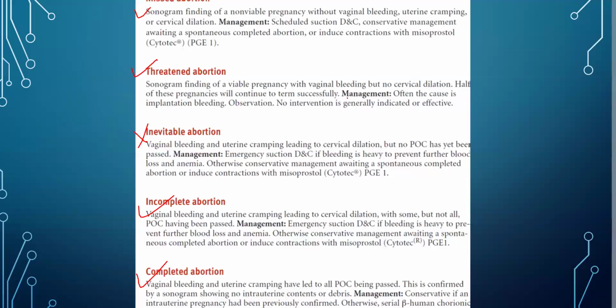So how are we going to manage this patient? So let's say a 10 weeks patient coming to you with a mild per vaginal bleeding for the first time in the pregnancy, cervical os is closed, what will be your next thing? The next thing is that you need to make sure that first the pregnancy is intrauterine, and then if it is intrauterine, is the pregnancy viable? So you need to go for an ultrasound to confirm that. So first you do an ultrasound, make sure the baby is alive.